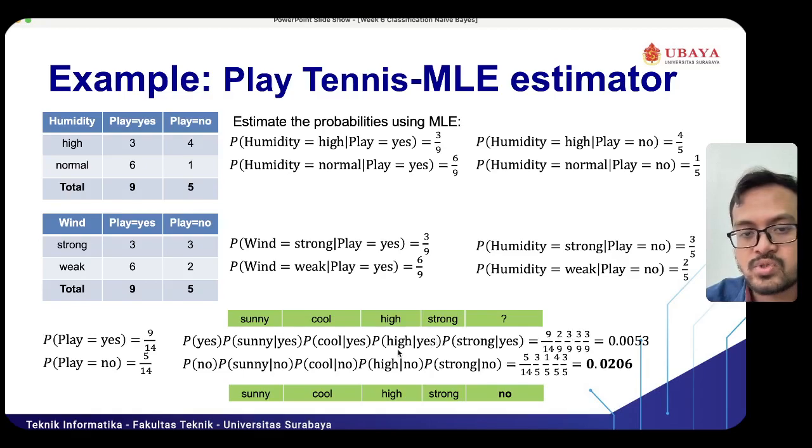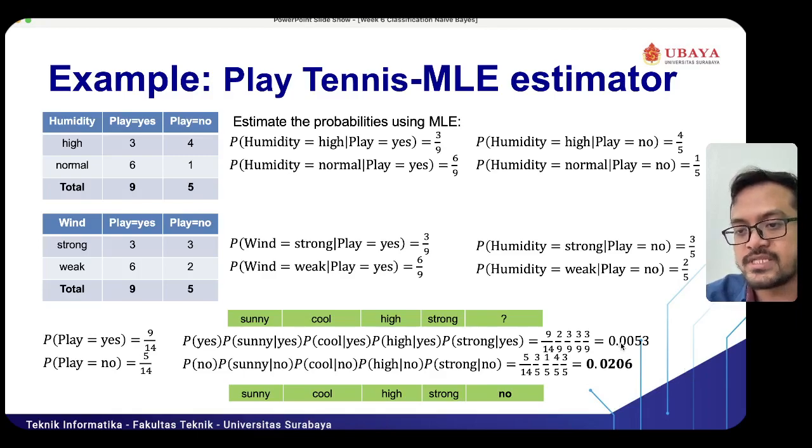High and yes, 3 divided by 9. Strong and yes, 3 divided by 9. So we calculate by simply multiplying these MLE estimators and also the probability that playing tennis equals yes, and